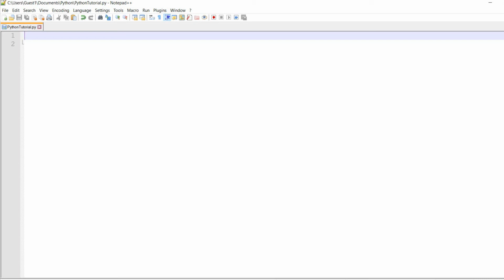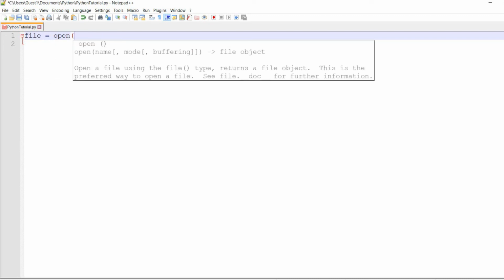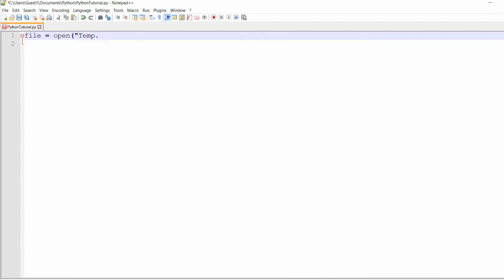So to start off with, we're going to create a name for the variable which will hold our file. I'm just going to call it file, and we're going to say it's going to be open, and we need a name of our file. I'm going to call it temp.txt,